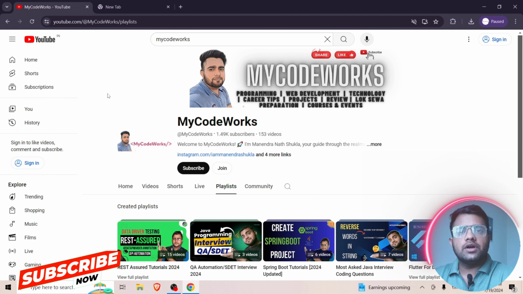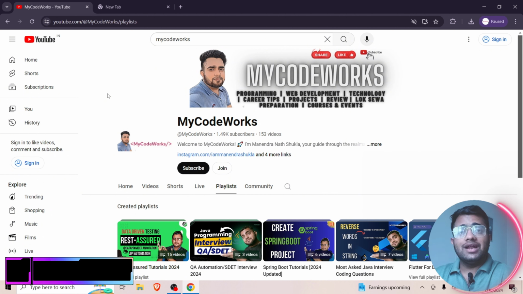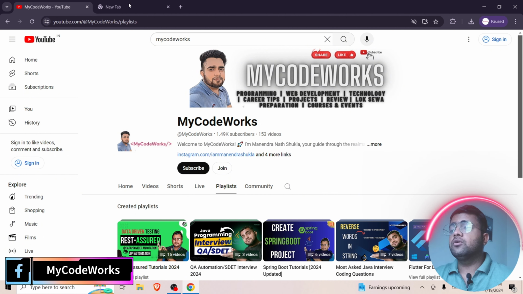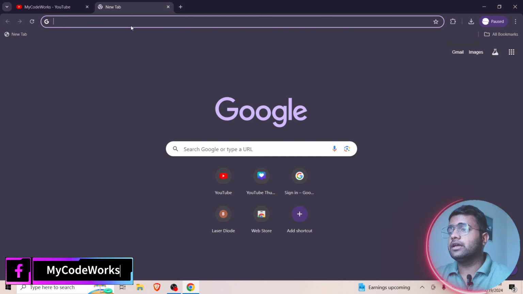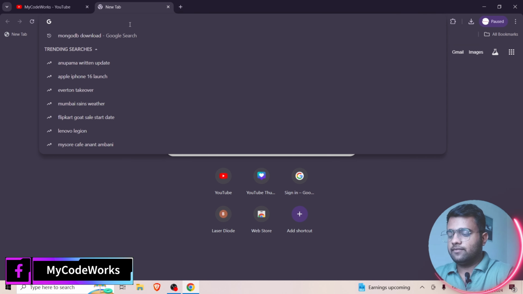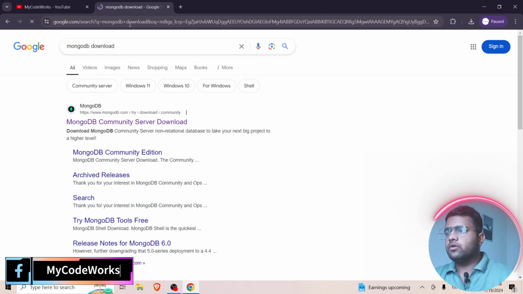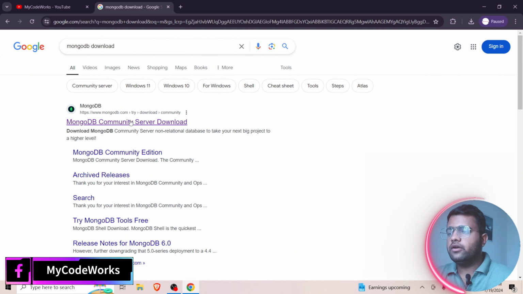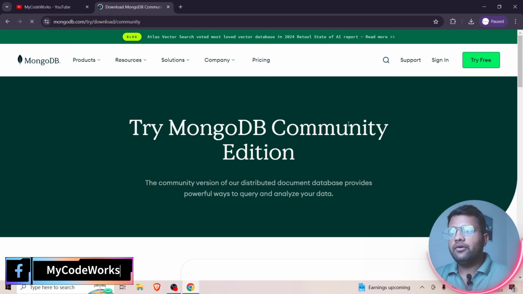In this video, we are going to see how to install MongoDB in Windows 10 or Windows 11. So let's get started. We are going to install the latest version of MongoDB in Windows 10. First we need to visit the MongoDB download page. Let's directly search for MongoDB download and click on Community Server download, and then we have the option